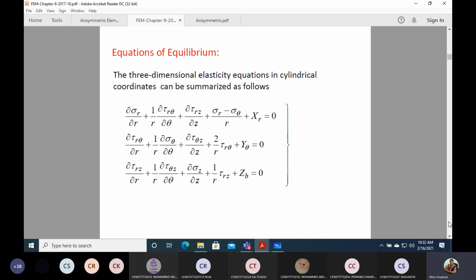That is, what are the governing equations? One is the equations of equilibrium, the next comes the strain displacement relationship, and finally the stress strain relationship, from which we will get the D matrix. Now what we are trying to do is find the D matrix for an axisymmetric element with a triangular cross section. All right, so these are the equations of equilibrium for an axisymmetric problem considering the polar coordinate system. And next comes the